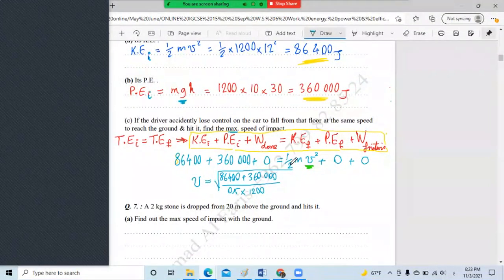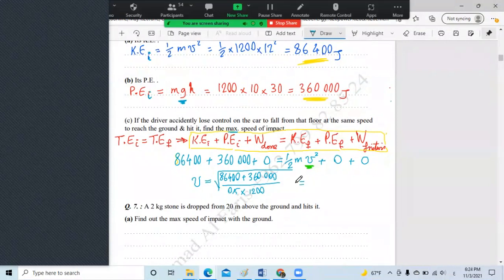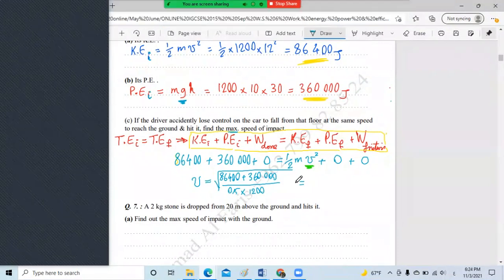I divide all this by half m. Then I put a square root, and my answer will be how much? Who has a calculator? The answer will be the square root of 744. The answer will be 27.3 meters per second. This is the maximum speed of impact of this car as it falls from the 30